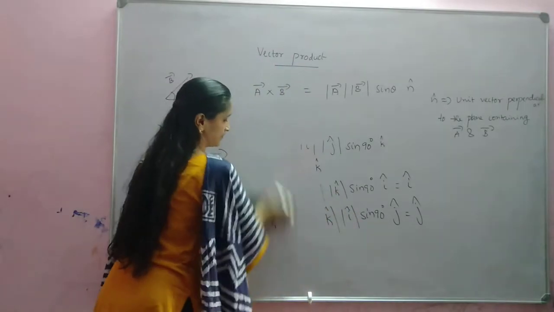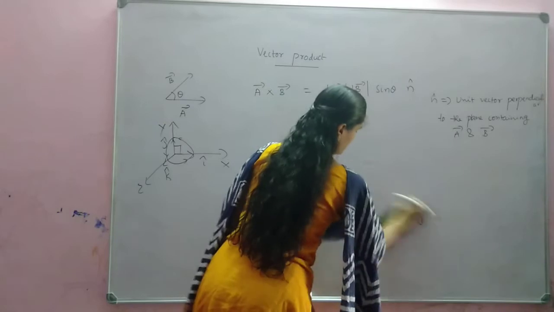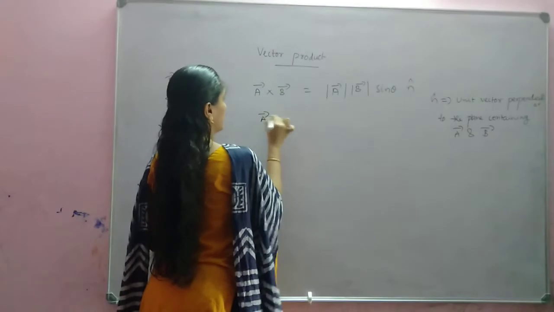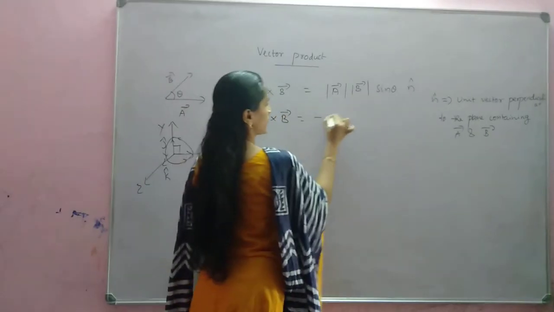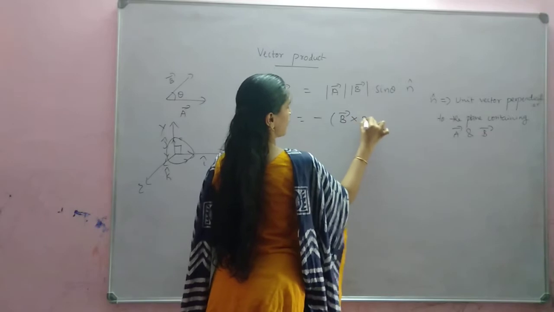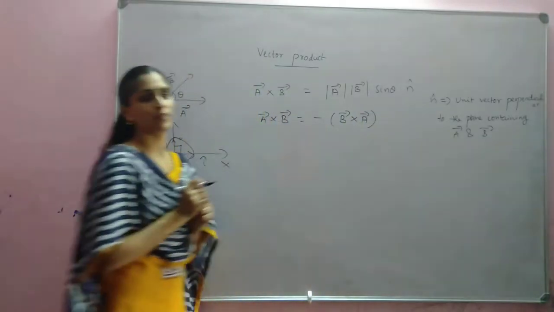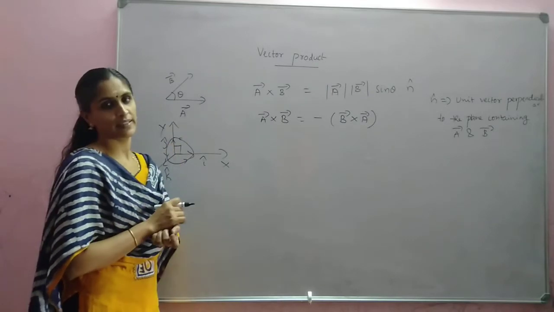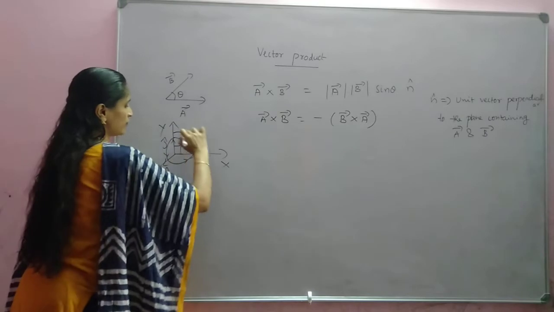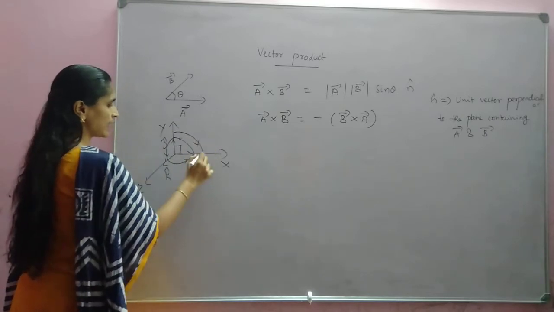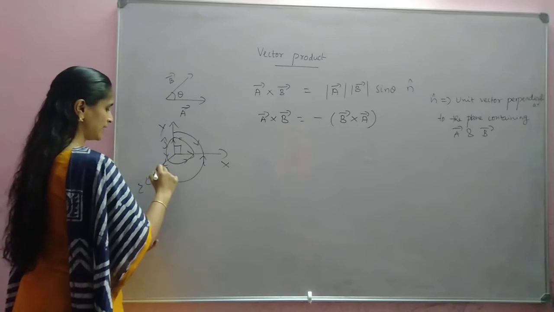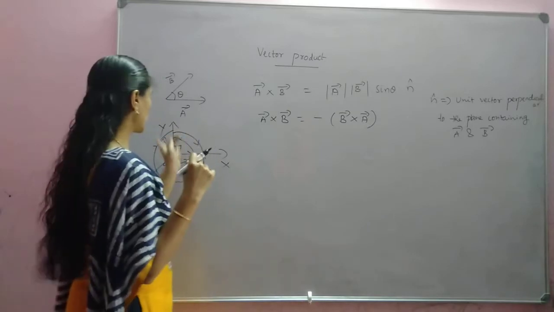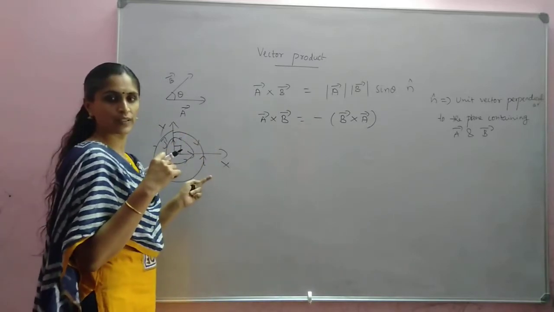Okay. A cross B is not equal to B cross A, or we can say A cross B is equal to minus B cross A. That's why if I cross J gives K, J cross I you will get as minus K. Okay. So in this direction it will be positive, and like this, J cross I will be minus K. Again I cross K will be minus J and K cross J will be minus I. So in this anti-clockwise direction it will be positive and in the clockwise direction negative.